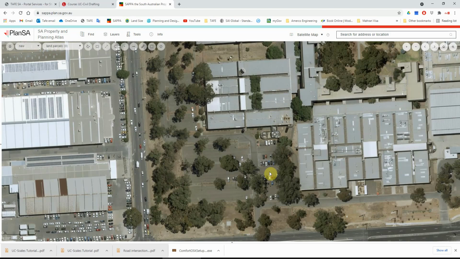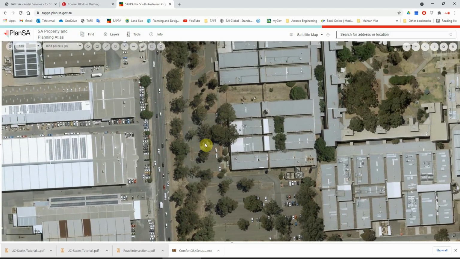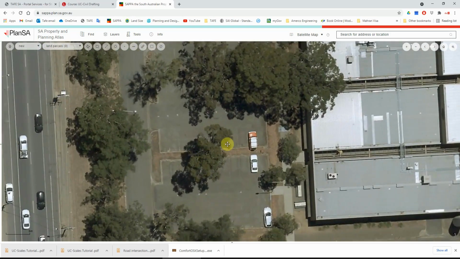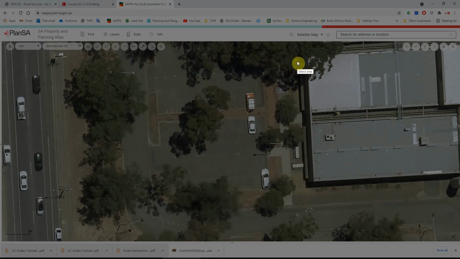Obviously, when we need things to be much more accurate, we send our surveyors and they get us the information correctly. We can get DWG layouts for that entire area. But for now, as a starting point, for me to be able to draw this on AutoCAD or Civil 3D and start my design, all I have to do, let's say that I'm just interested in this area here, this car park. Okay, so I'm zooming in to that area, and all I have to do is take a screenshot. So I'll take a screenshot of that,